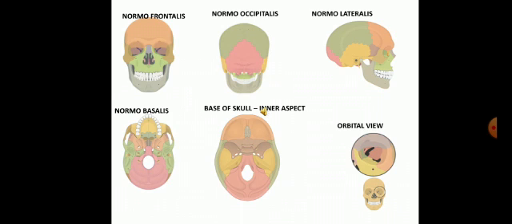So when we learn about the bones of the skull, we can see that when we learn a particular bone, it's not confined to a particular region, but it will be contributing to the adjacent area also. So the better way to learn the bones of the skull is from different views of the skull, and they are given different terms.